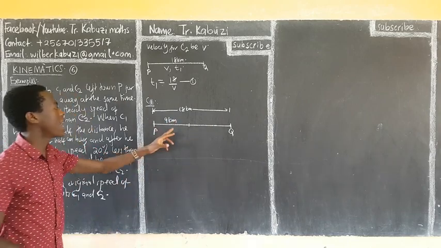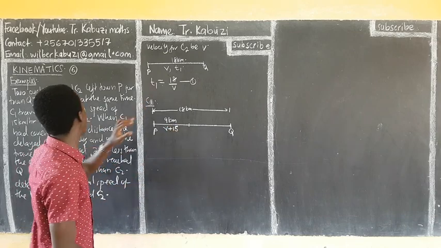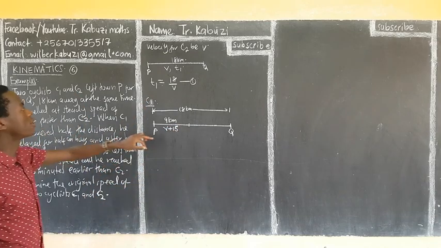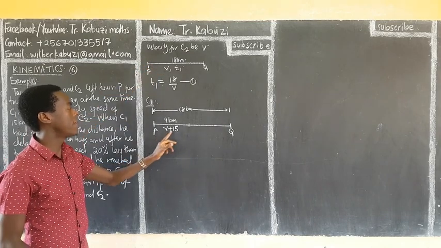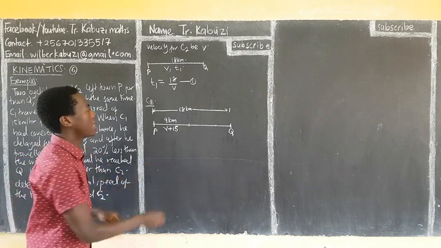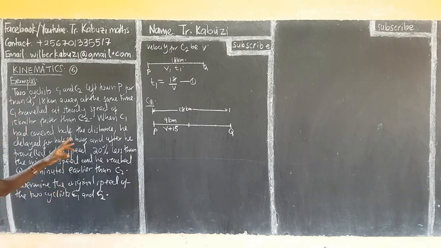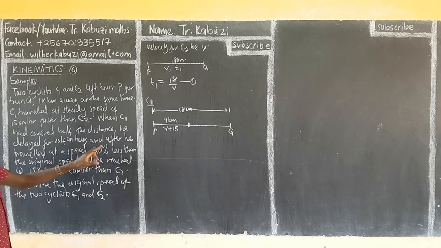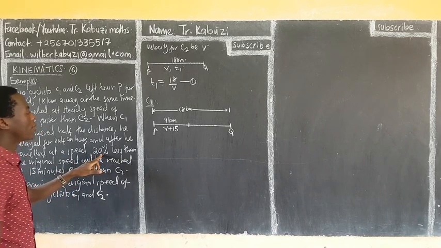Of course, when they had covered half, this velocity was V plus 15, because he was covering 15 kilometers faster than C2. So if this one is the velocity V, this one has to use V plus 15. Then for half this distance. Now when he had covered half the distance, he delayed for 30 minutes, which is half an hour. And after, he traveled at a speed of 20% less. Now, 20% less, meaning 20% less,